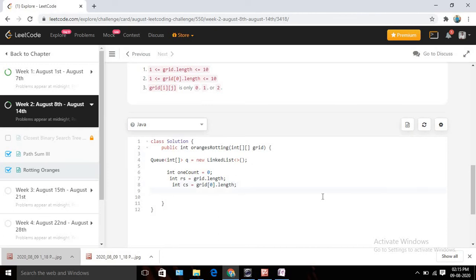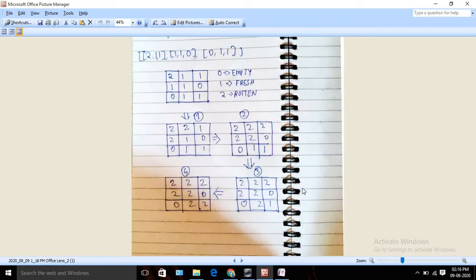Okay, so what else we need? So apart from this, I think we need... do we need anything else? So yeah, we need one variable to keep tracking the time, right? So let me name it as time only, and let me initialize it as 0. Now I am done with initialization.